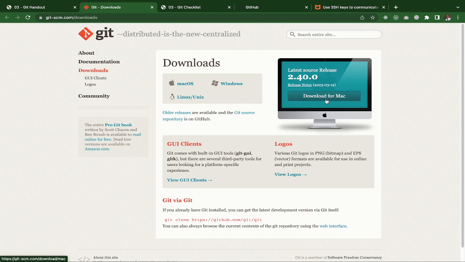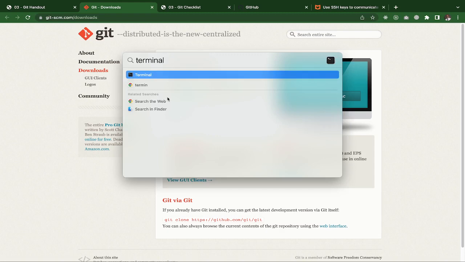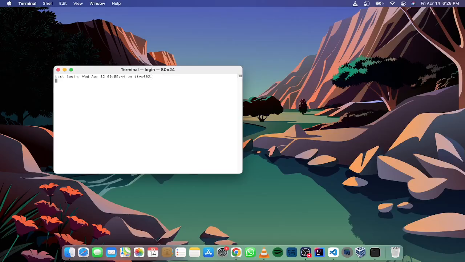If you are using Windows or Linux, you see download for Linux or download for Windows. Just click on download. I think it downloads the executable file, and once you do that, you install it the same way you install every other software. You just follow the prompts normally, and it does the configuration, making modifications to your system paths and all. Once you are done with that, you can open your command line, sorry, your terminal,